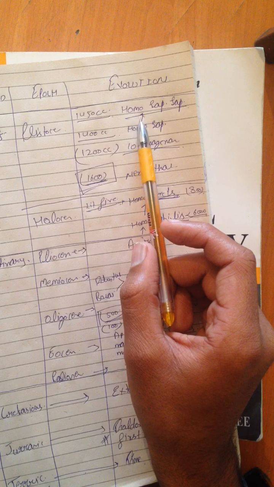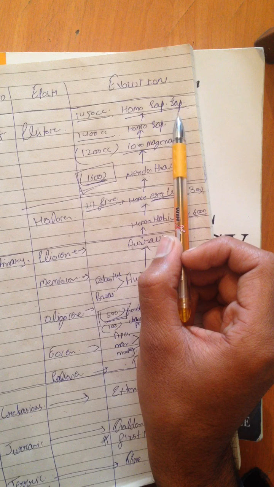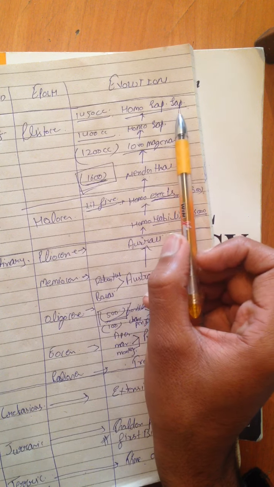We are the present generation of human, Homo sapiens sapien. Why is it two times sapiens? Because the evolution also takes place now. That's why I write Homo sapiens